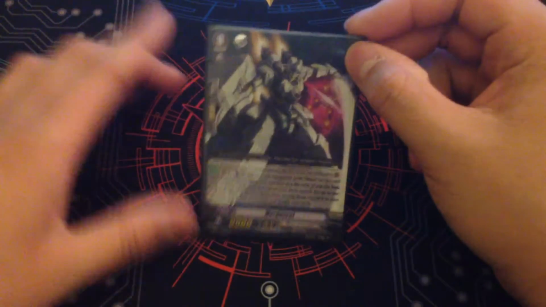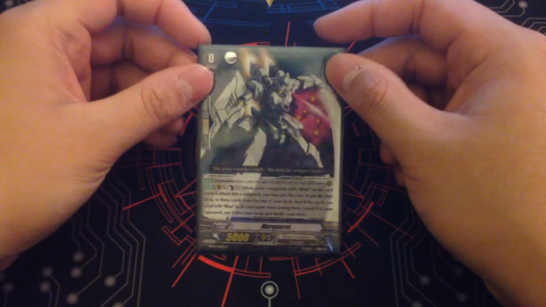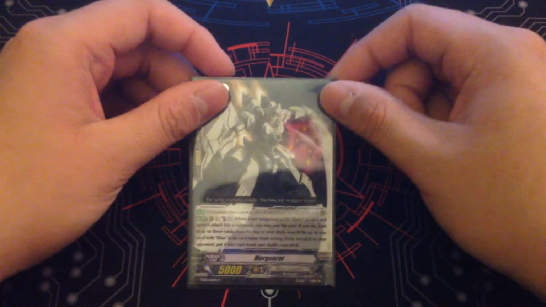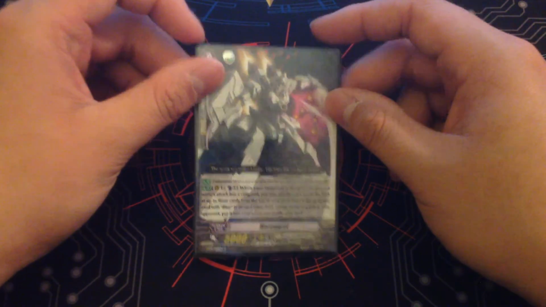And of course the starter is Morgenrot. Now, he is a really solid card, and yeah, he can be quite annoying for your opponents too. But what he does is, no matter where he is on the field, so long as he's still alive, obviously, when your Vanguard with Blau in its name hits the...